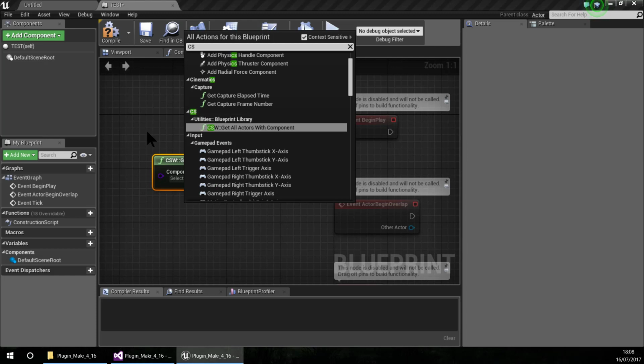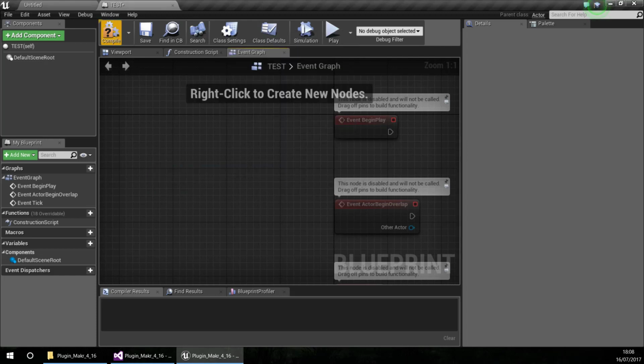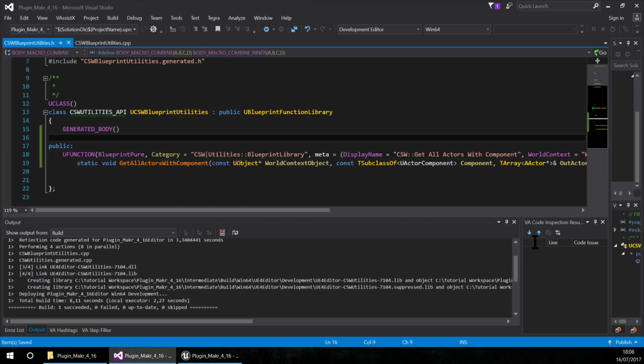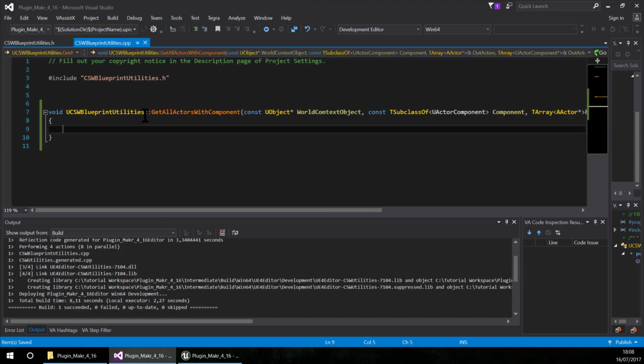So I'm going to change the name again so it's correct, and I'm going to finish the functionality of this function. So for now I'm going to copy and paste the functionality I made from another project,